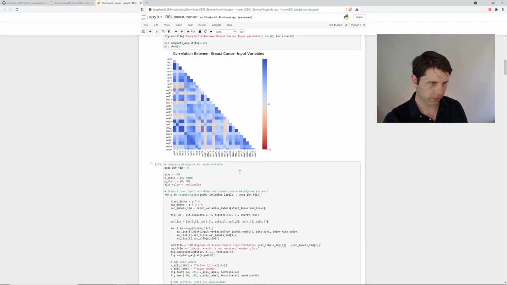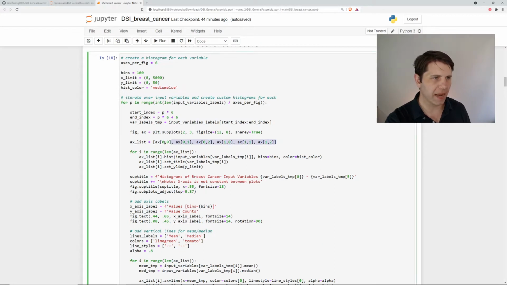That one's simple. Some key things here: I unpack the axes into an ax list so I can iterate over it easily. I create bins for my histograms. Essentially, I have 30 variables, and I'm going to do 6 axes on each plot. That gives me 5 plots total, so 5 plots of histograms with 6 histograms on each plot. For p in range,